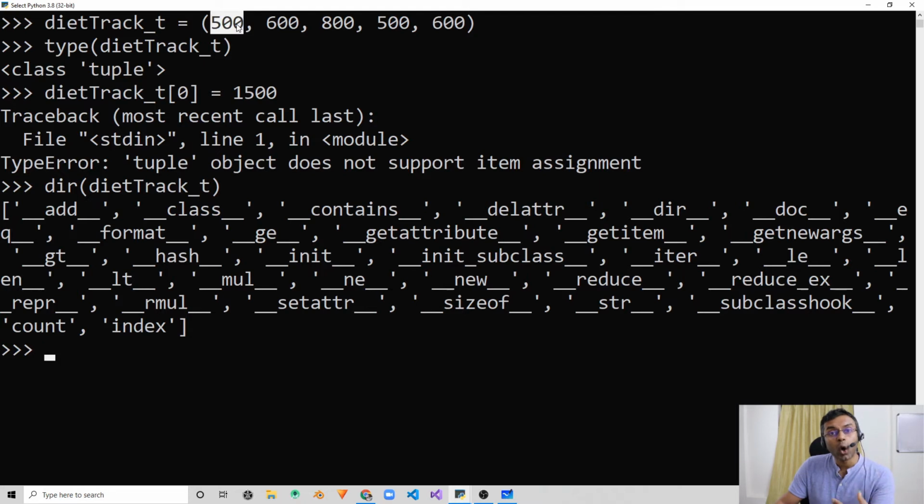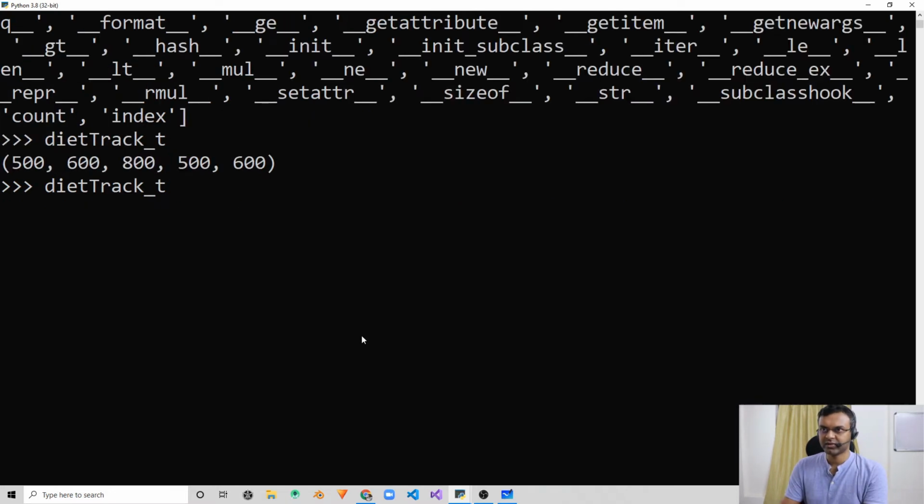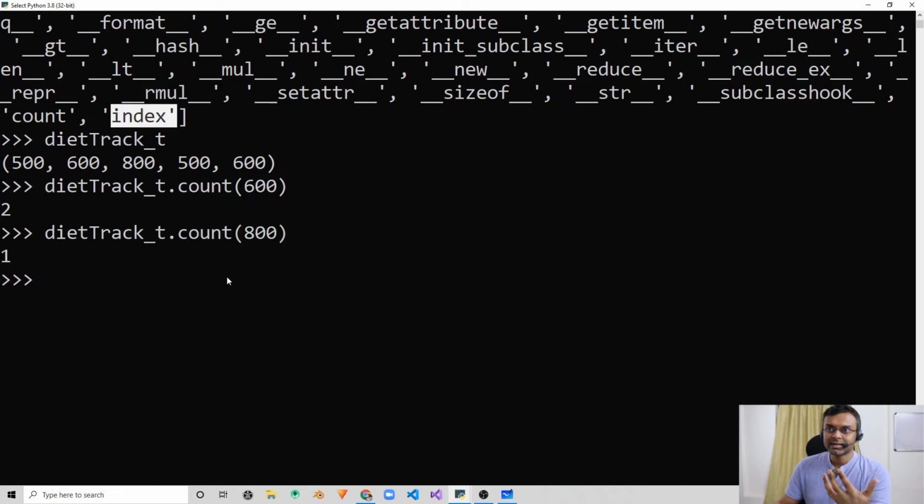We can even find out how many times a particular value is present in our tuple by using the count function. If we say diet track dot count, let's say 600, it will return how many times this particular value is present in our tuple data structure. And since a tuple operates just like a list, to access any data from a tuple, we make use of the index. If we, for example, want to know at which index the value 800 is present, we can say diet track dot index and give the value 800.